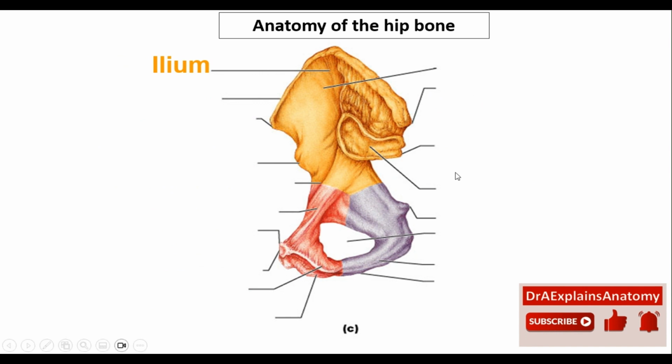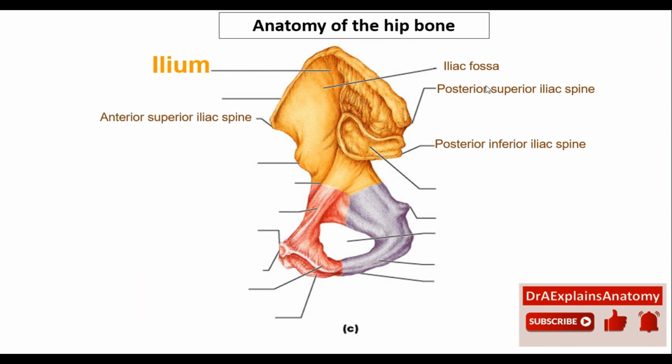Moving to this aspect, notice how the acetabulum, because it faces lateral, we can't see here. So this is the medial aspect of the bone. There's a new structure right here we can see posteriorly. First, this is the iliac fossa on the ilium. This is the posterior superior iliac spine. As we mentioned, the ischium will help you identify the posterior aspect. This is the posterior inferior iliac spine.